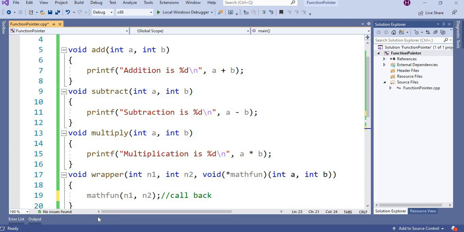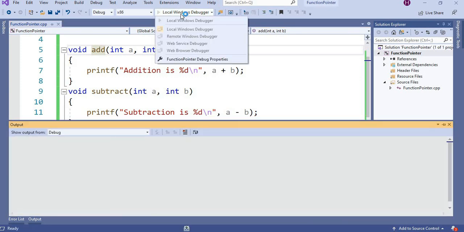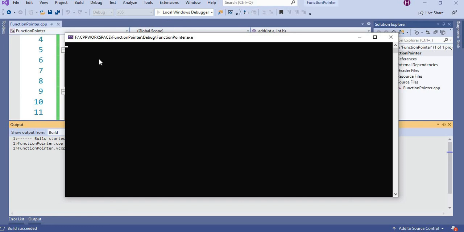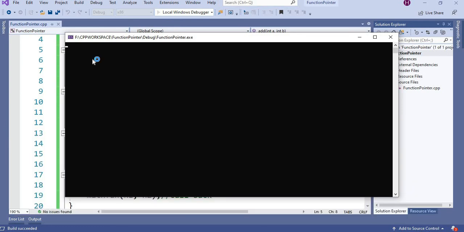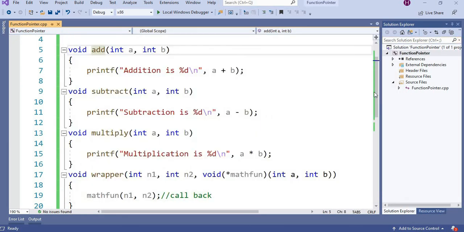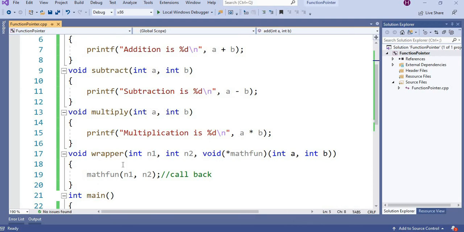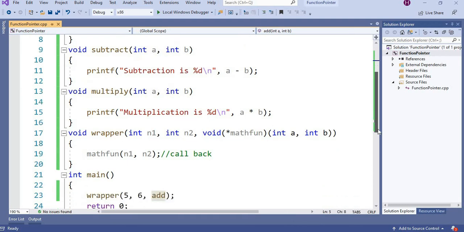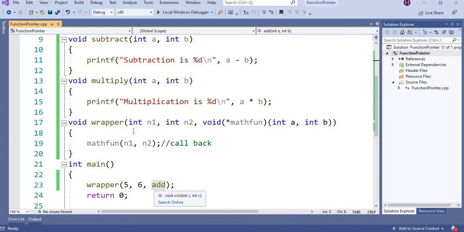The wrapper calls back to add: 5 plus 6 equal to 11. In the same way you can call subtraction and multiplication as a callback function.